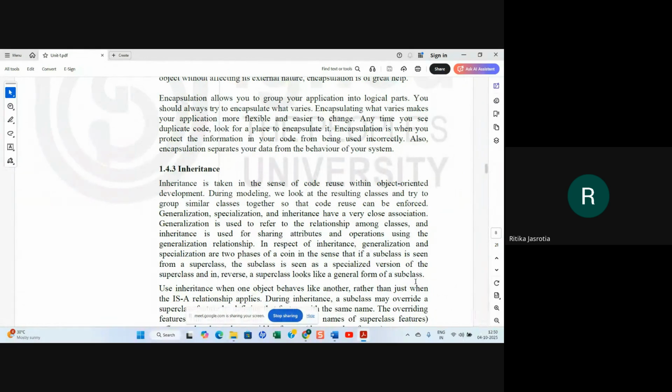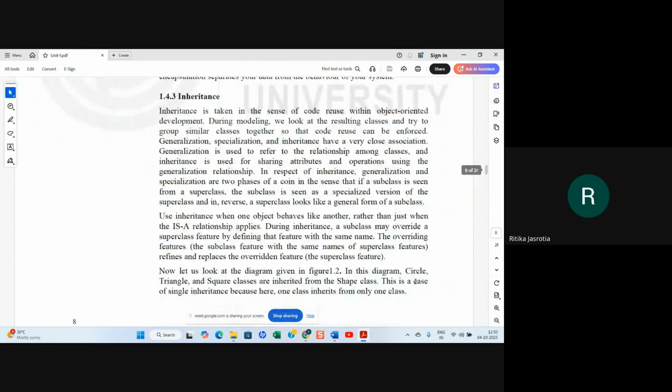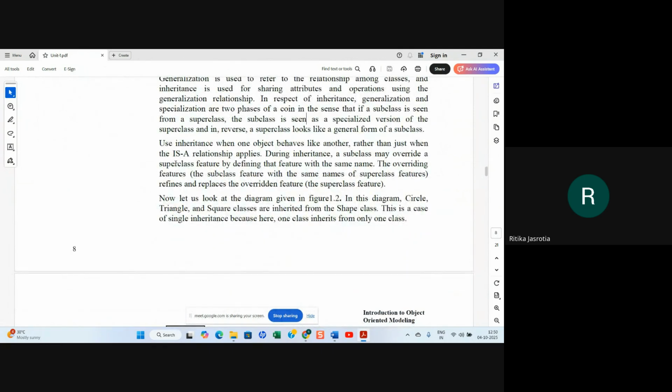So generalization is bottom to top, and specialization is top to bottom. That is what generalization and specialization is. So use inheritance when one object behaves like another, rather than just when an is-a relationship applies. They are saying when one object behaves like another, then you use inheritance, not the is-a relationship. We'll talk about that later on.